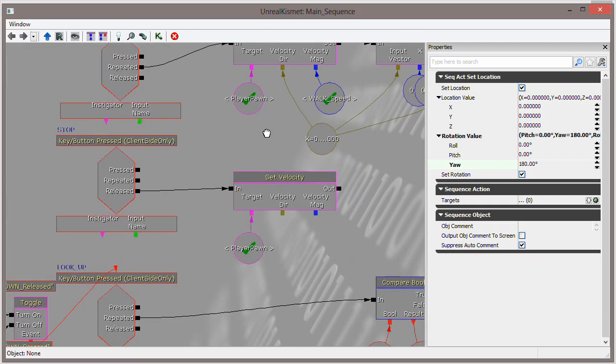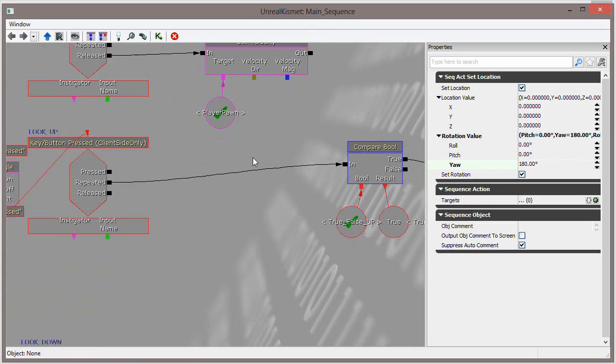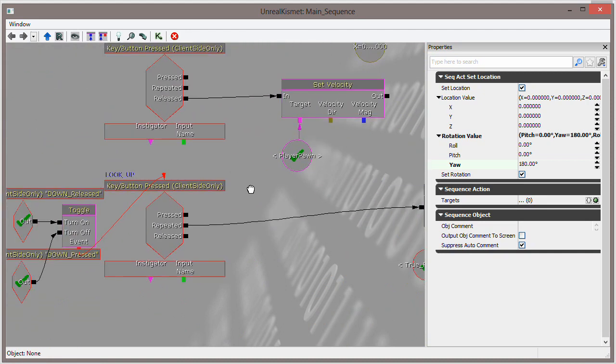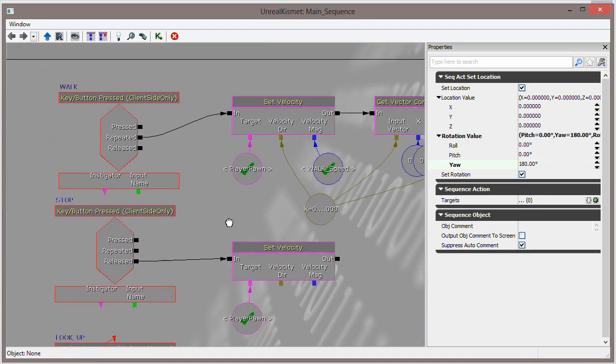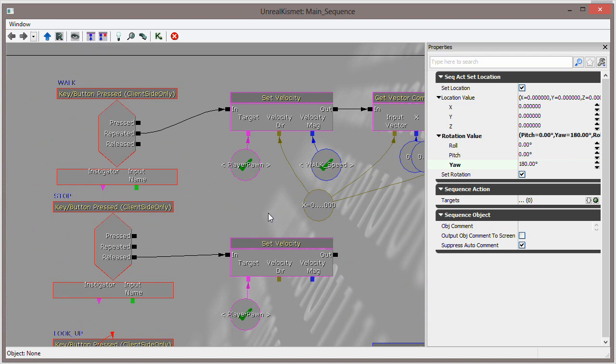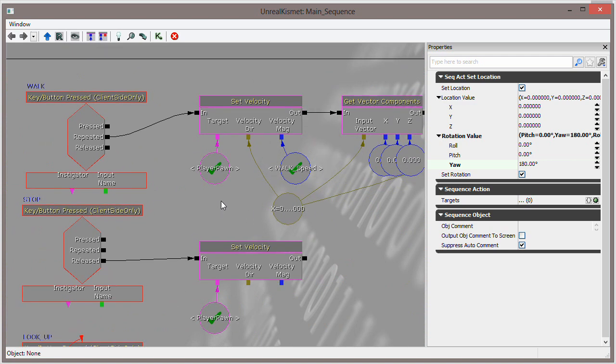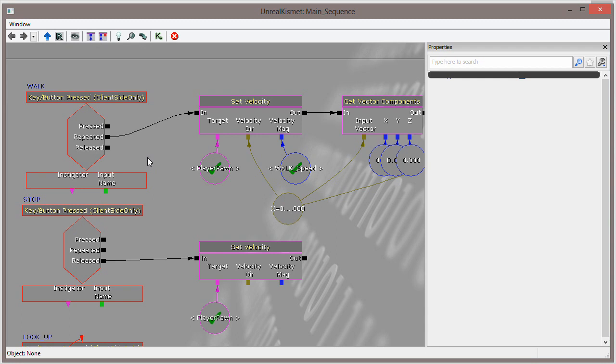Okay, from the previous video where I spoke about the orientation of the character, this here sets the velocity, and the way I do the velocity is based on the orientation of the character. So the biggest difference I have with my character versus the jazz game is that in the jazz game, you